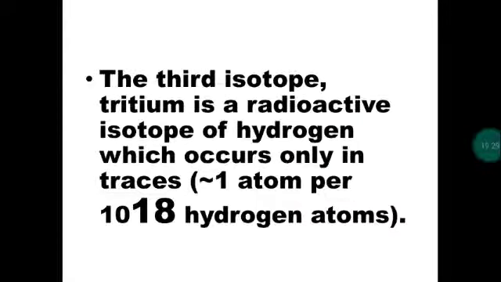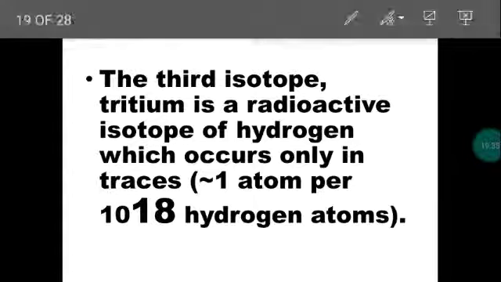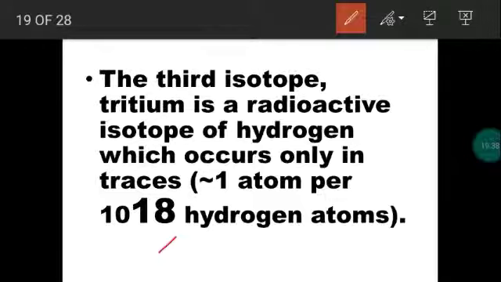Next, what is the abundance of radioactive hydrogen, tritium? Out of 100%, the abundance is, consider 10 power 18 ordinary hydrogen atoms. Out of that, only 1 tritium will be there. So 10 power 18 is 1 followed by 18 zeros. Imagine the number. So out of 10 power 18 ordinary hydrogen atoms, only one tritium will be there. So very low abundance for tritium.